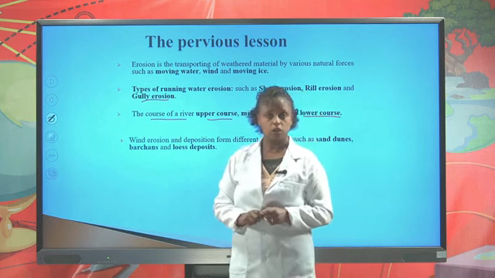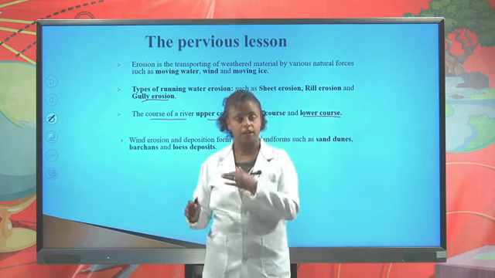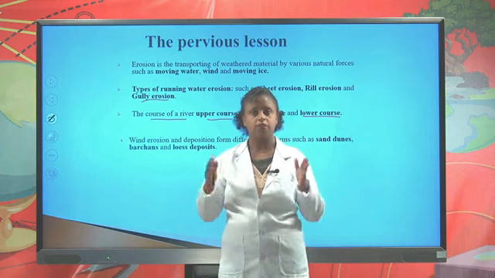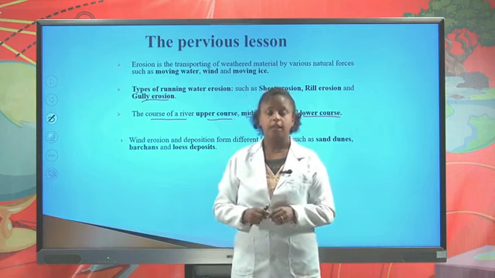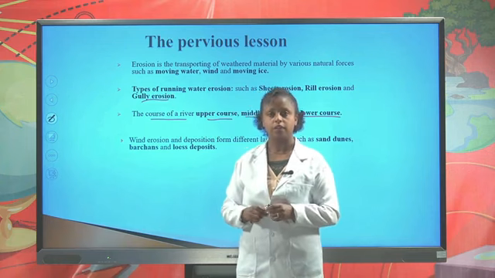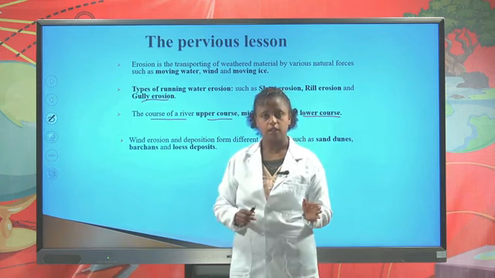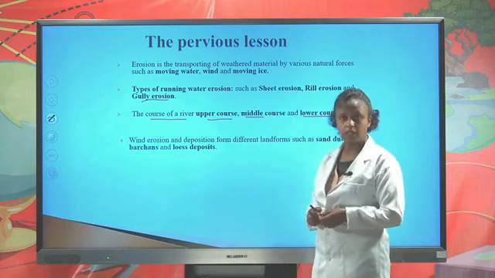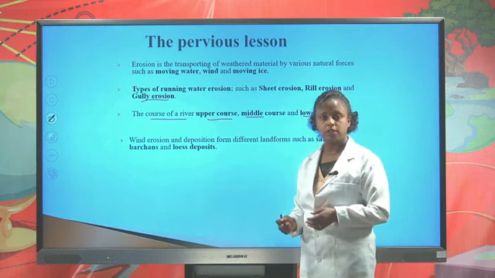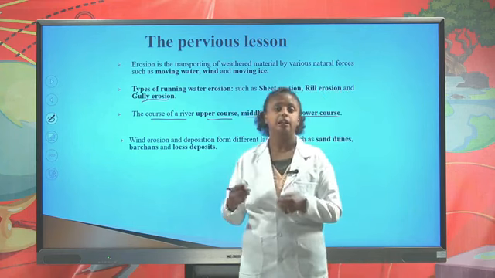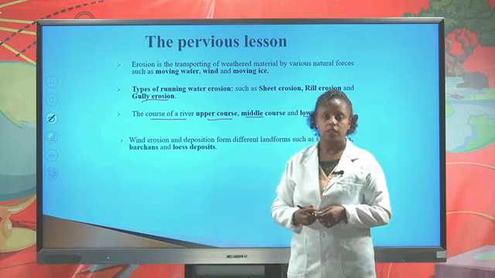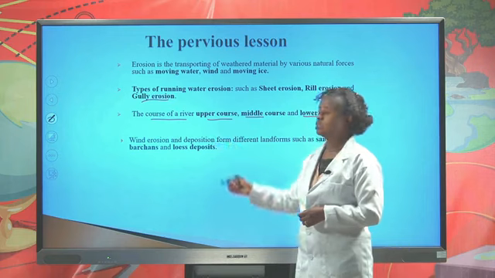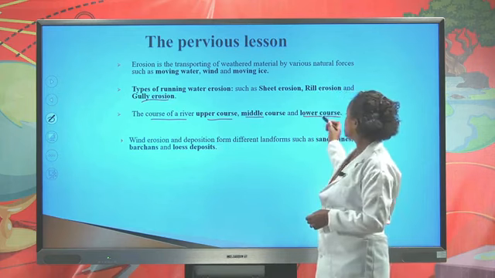In the upper course, the flow of the river is very fast. It forms waterfalls, rapids, V-shaped valleys, and gorges. In the middle course, the flow of the river is relatively gentle. In the lower course, different features are formed, such as meanders, levees, oxbow lakes, and deltas. The final deposition of the eroded material from the upper course is deposited at the mouth of the river,